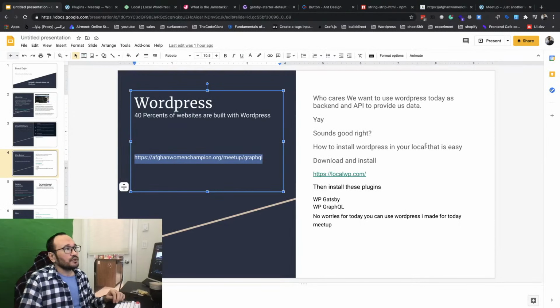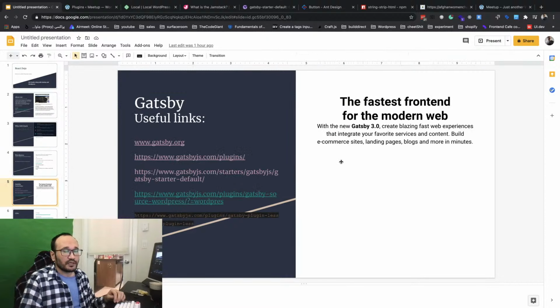And so we end up with this one, and let's go to Gatsby. What is Gatsby? Gatsby is very good. If you want to know more about Gatsby, it's a static generator framework, which is pretty fast, and I personally love to use it because there are a lot of good things that come with it.